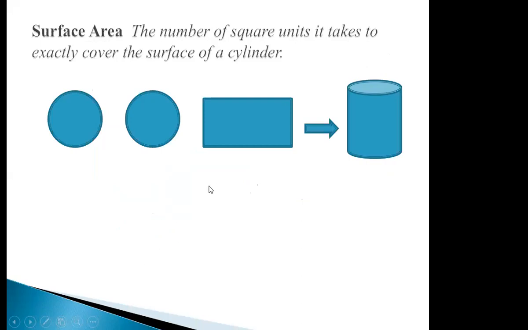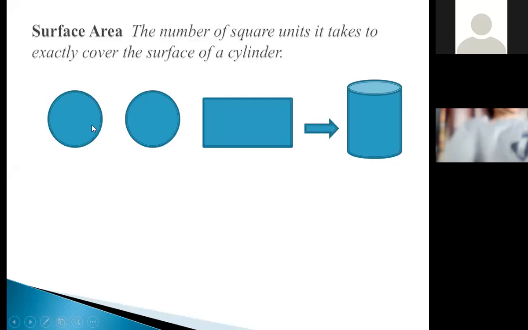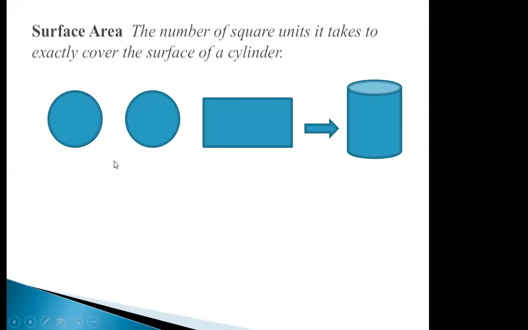The number of square units it takes exactly to cover the surface of a cylinder is the surface area. So if you keep a cylinder or any object in front of you, you are going to, please focus on the PPT rather than on the private chat. Everyone has to focus over here on the slide. So surface area is the number of square units needed to cover the surface. For example, if I have any object and I need to paint it or wrap it, I am talking about the surface area. How much packing paper is required? How much paint is required to paint the entire cylinder?